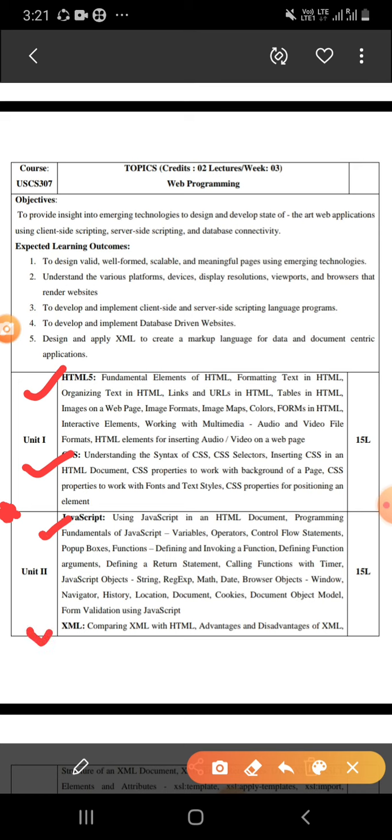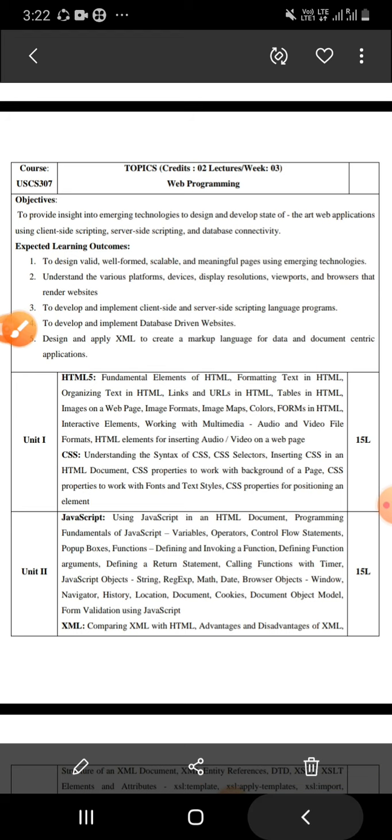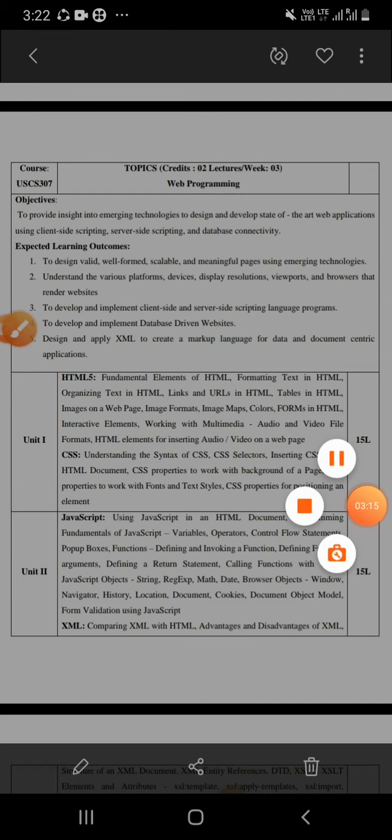Understand? And next we will see XML. XML means Extensible Markup Language. So we can use XML with HTML for building your web page more advanced. How we can use this, that we will also see in the XML topic.